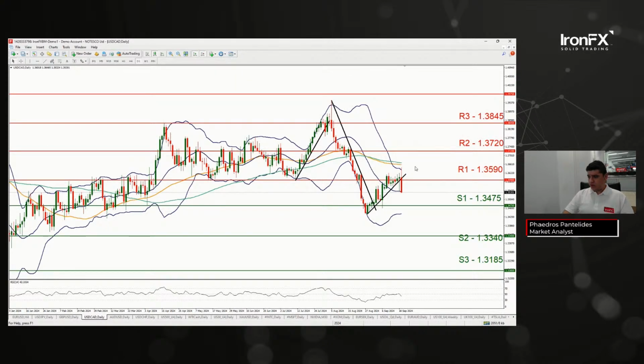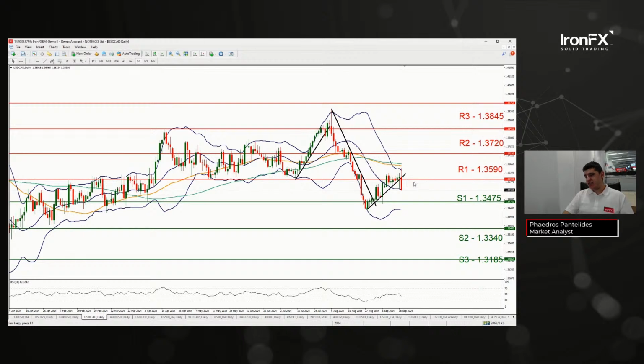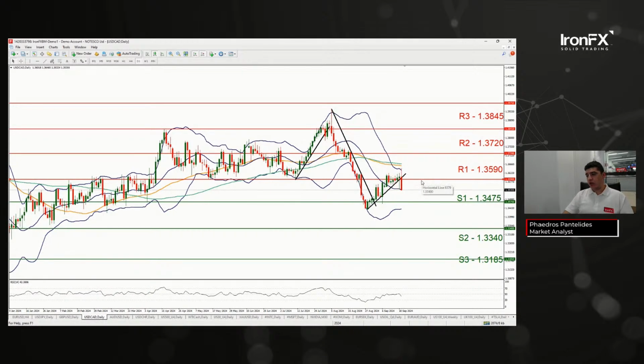USD CAD, ouch. It has broken that upwards moving trend line, which we had placed, if I'm not mistaken, 2 weeks ago. I do need to readjust that R1 level though, as it was violated, broke above, wick lower, has now cleared that upwards moving trend line. We are bearish for the US dollar against the CAD.